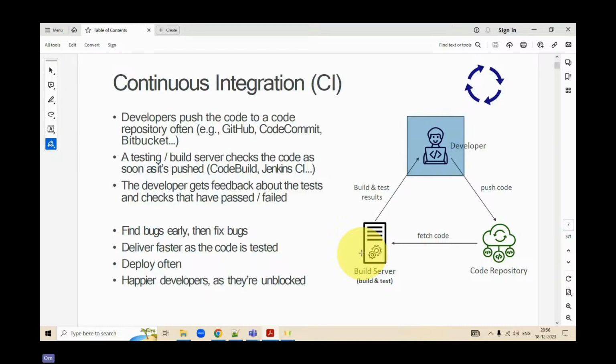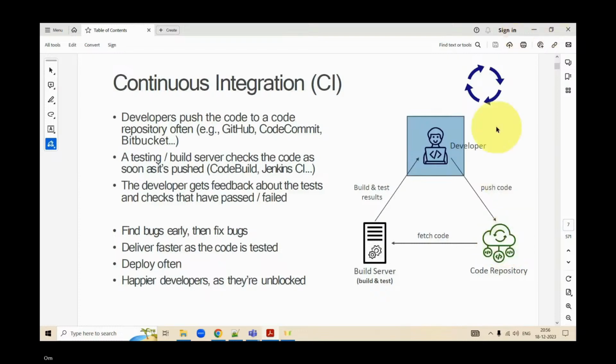You're getting it? So this is what is happening in continuous integration. The moment you create a code, it gets continuously integrated with the repository and it gets built and tested. So now the developer knows that the code residing in this repository is completely error free.